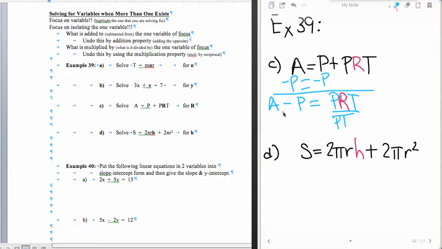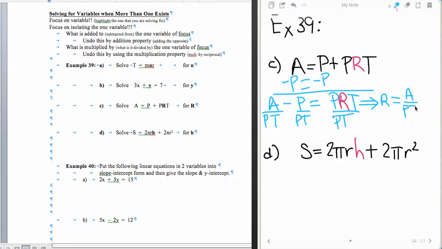Now, usually when we solve for a formula, we just put a carte blanche over here, a denominator of PT. But because of what we need to do with solving linear equations in two variables to put them in slope-intercept form, I'm going to divide each term in this side by the PT. And that's to help us out with what we need to do with these equations in algebra, which is slope-intercept form. So now I have R, which is what I'm after, is equal to A divided by PT,